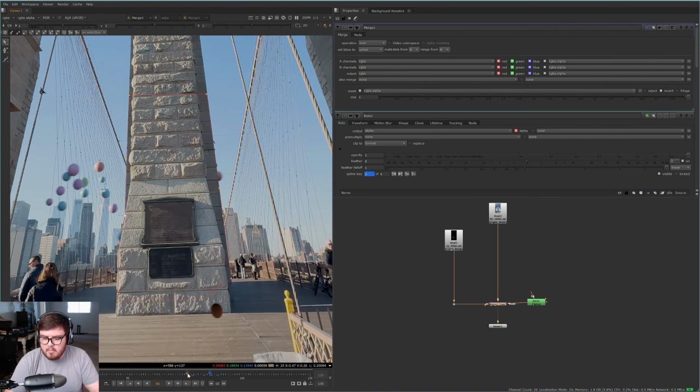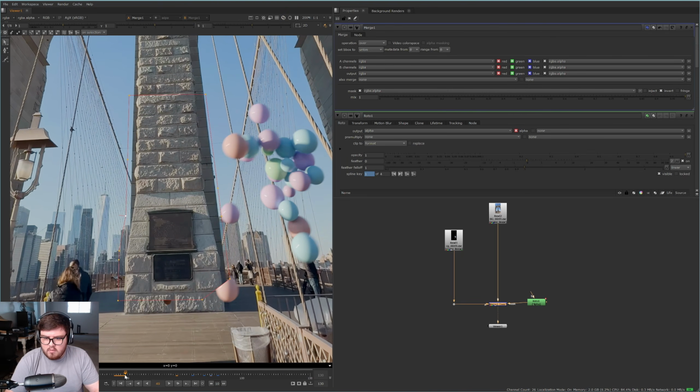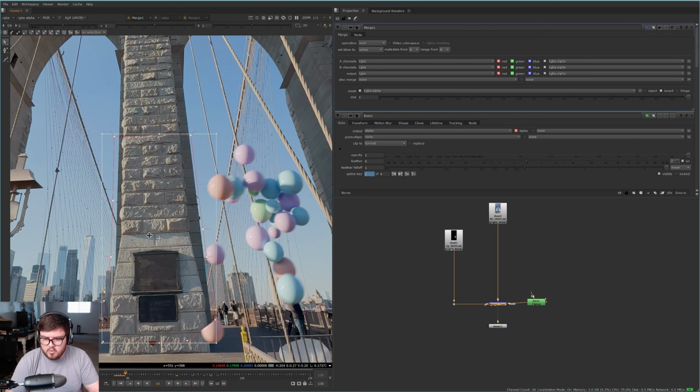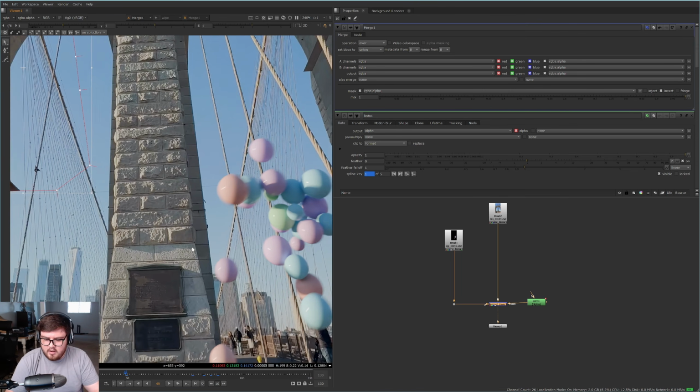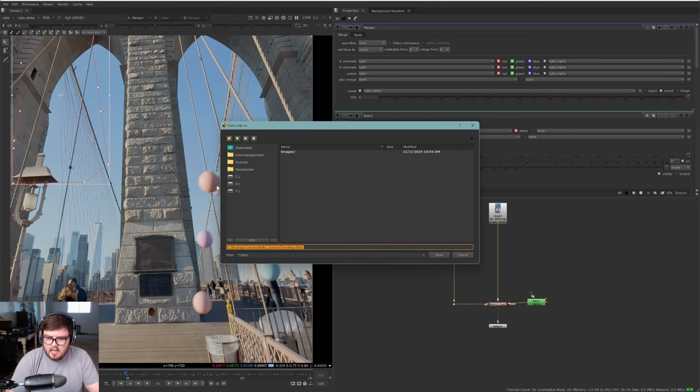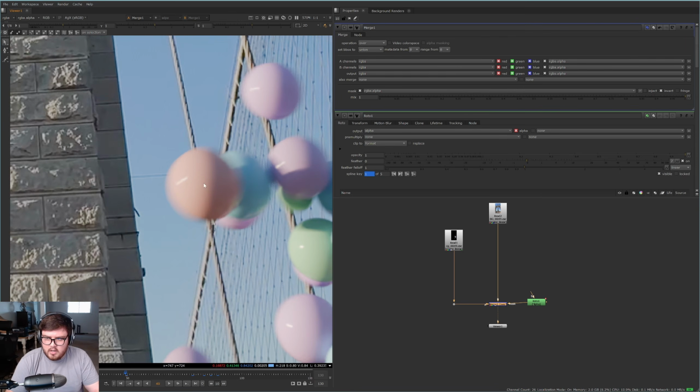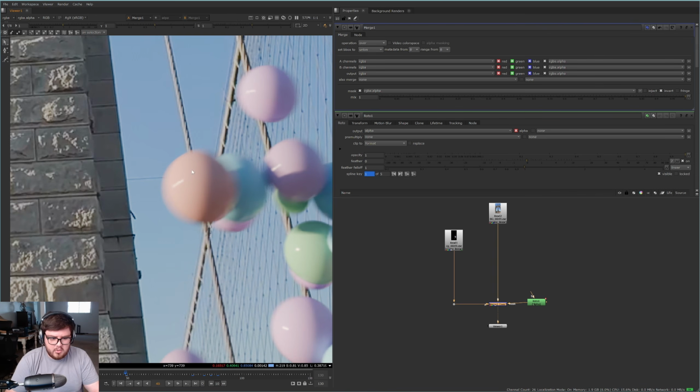The only thing that might be a little bit more challenging for this shot for you, and of course we'll get rid of it when it's supposed to be in front of this thing. The only other thing that's going to be a little bit interesting for this shot is some of these cables and stuff. And so what I actually did is if you select up here, you can select this open spline